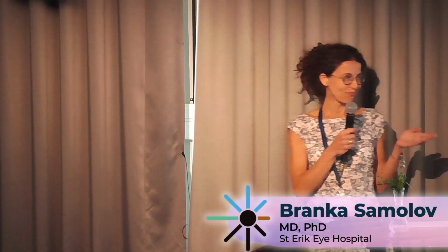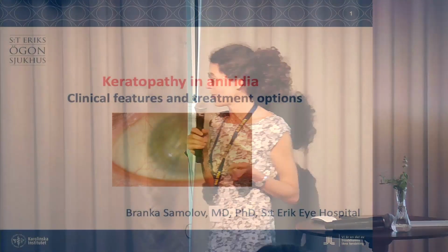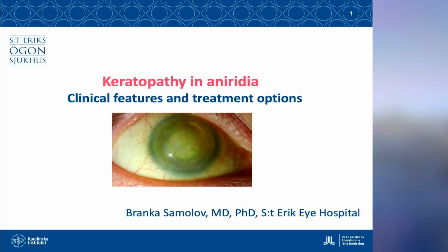Well, looking at this picture, one could wonder if anything has been done to this cornea or not. If the answer is no, maybe you would wonder, shouldn't it? And if the answer is yes, did it make any benefit? I think this picture really nicely illustrates the problems and dilemmas that we face when we meet the patients with